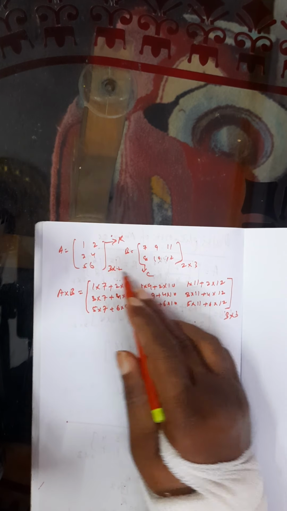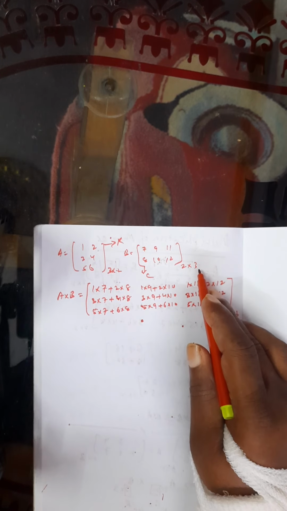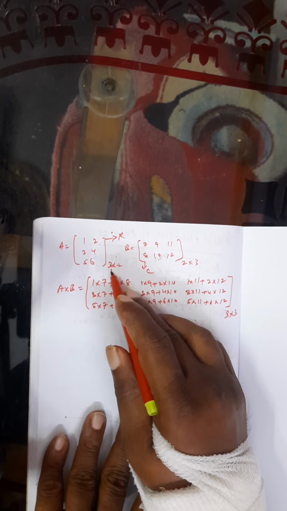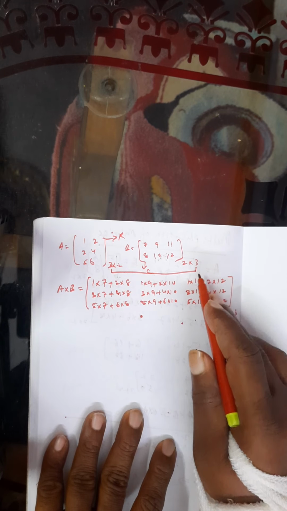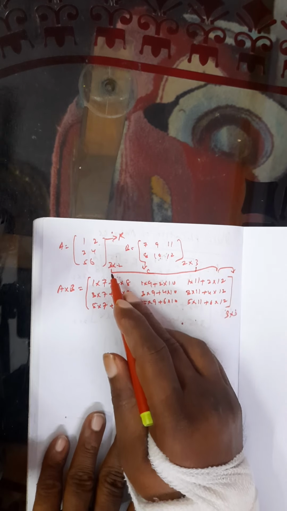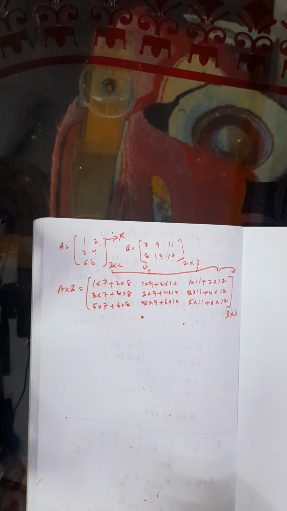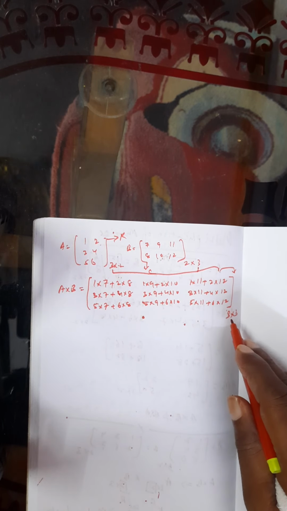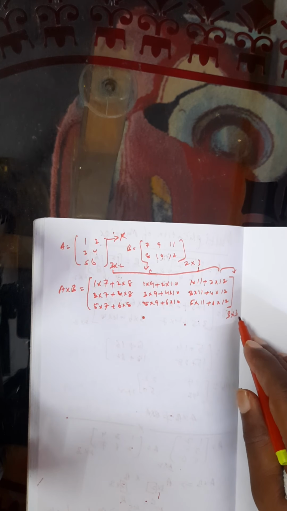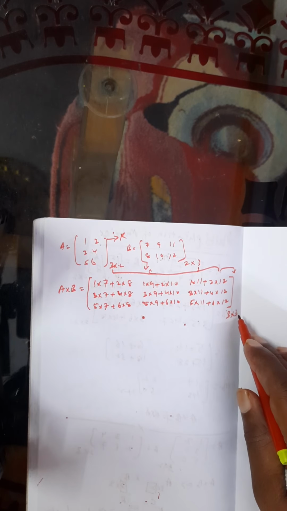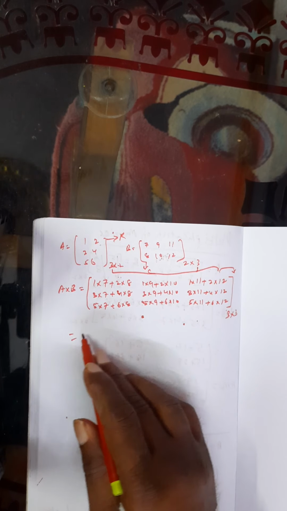If we see, the product has 3 rows and the second matrix's columns, we have to see this way. The product will have the order of the first matrix's rows and the order of the second matrix's columns. So the number of rows of A will be the same for the product, and the number of columns of the second matrix will be the same for the product. This is the way we can get the matrix.